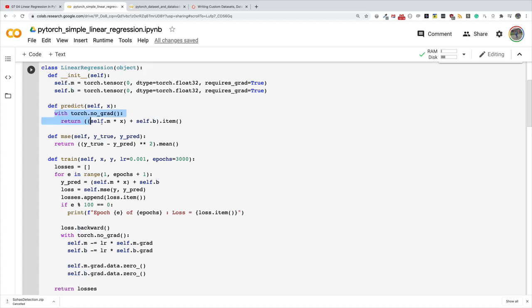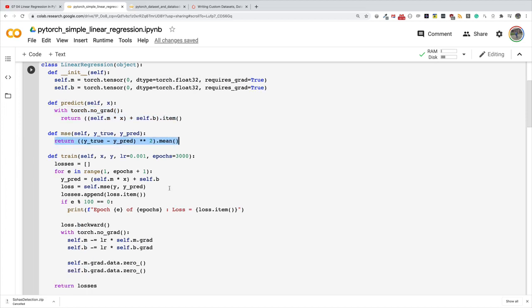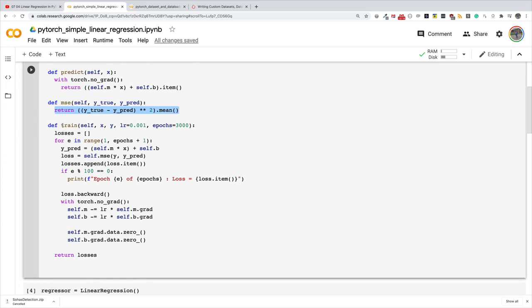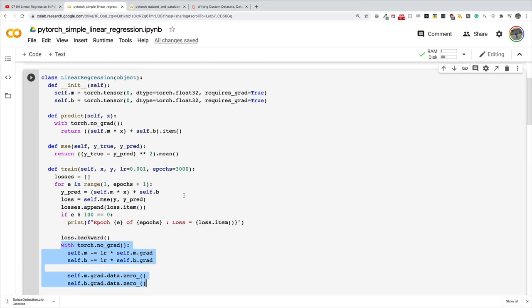We also had to manually define a method for performing the linear transformation. We also had to manually define our mean squared error. And most importantly, when it comes to the training loop, we also had to manually take care of nudging the weight and the bias in the direction of the gradient so that we find the minimum point on the loss curve. Yes, these are the low-level APIs in PyTorch, and they are very useful when you want to do some custom model implementations and also use PyTorch for anything apart from deep learning